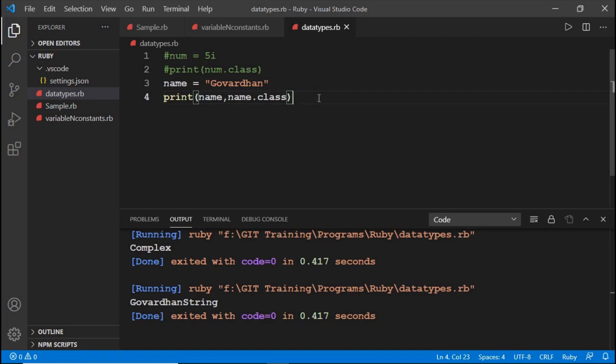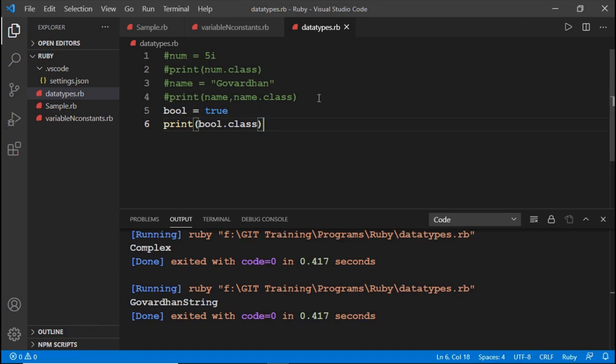The next data type is the Boolean data type. A Boolean data type represents only one bit of information, that is either true or false. See here, let's take bool as my variable name, whose value is true. Now let's print the class of bool. Depending upon the Boolean value we assign to the variable, its class is going to vary.